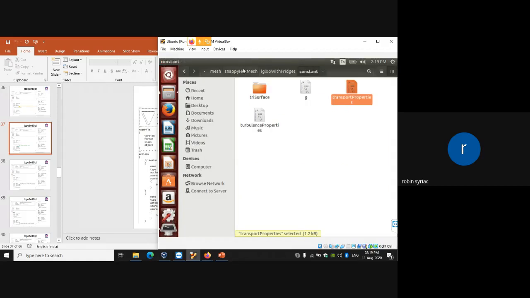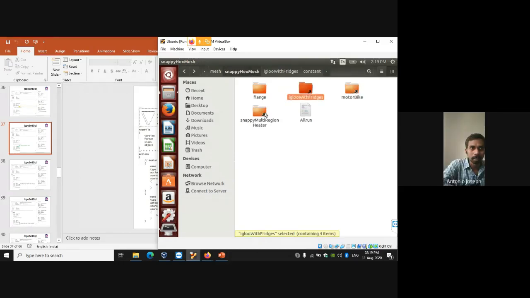I will show that. Sir, in the mesh, snappyHexMesh, I think there are shortcut folders. Yes, these are the shortcut folders, but inside that we can already see the things.